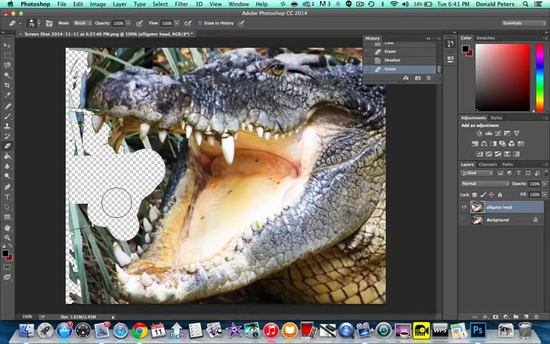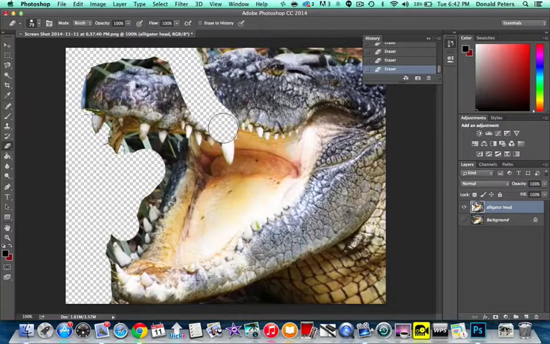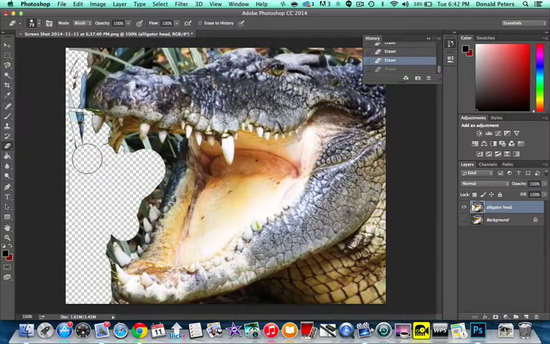As I said before, when using the eraser tool, erase a little bit, let go. Erase a little bit, let go. So if you make a mistake and have to backtrack a step, you don't have a whole lot that you have to go in and redo. Because if I do a whole bunch of this, then accidentally do something, when I step back, I have a whole lot that I have to redo. So do a little bit, stop. Do a little bit,